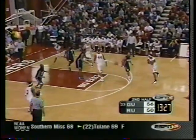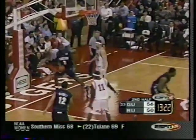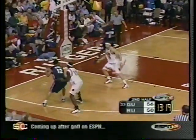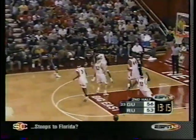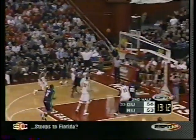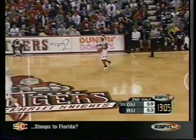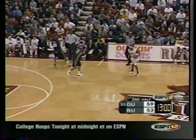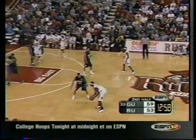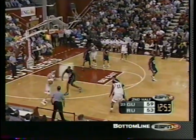Sherrod gets a high post pick. Shields fires a three and hit it. Cuts it to 3. Almost 7 minutes in, second half. Braswell beat the press himself. Fires a 3. Feeling it. It's Braswell time. Braswell's got 14. Back-to-back threes. 6-point Georgetown lead. Holman outside. See, once again, I'm surprised you're not going back